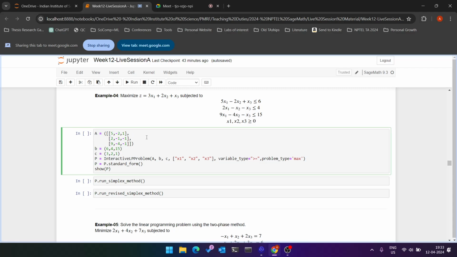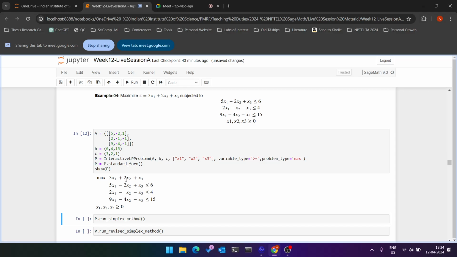So we first write down our coefficient matrix for the constraints. Next, we write down the right hand side of the constraints. We also write down the coefficients for the objective function. From this, we define our interactive LPP problem, write it down in its standard form, and then print it out just to check if everything is alright. So this is how it looks. Next, I'll be solving it through the same process, first through the simplex method. So when I run the simplex method,